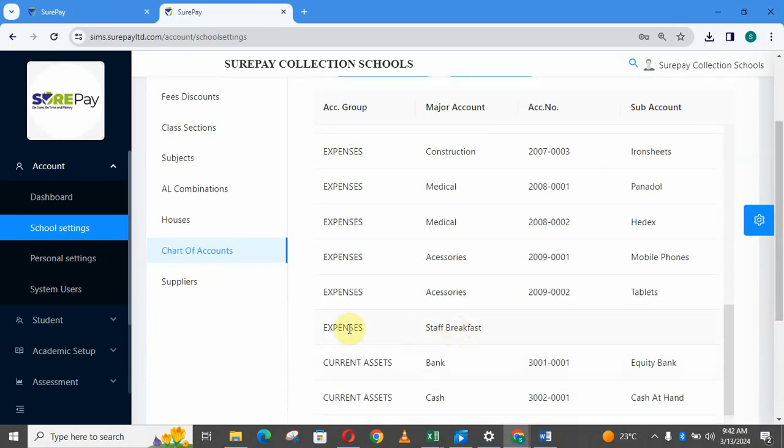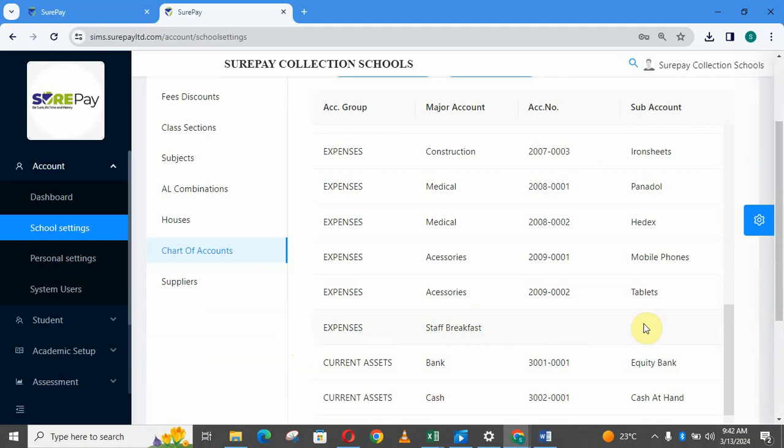You see, so we have the main account which is expenses, and then we have a category which we created as a major account under the major account which is breakfast. So breakfast doesn't have now the different small items which we are going to be spending